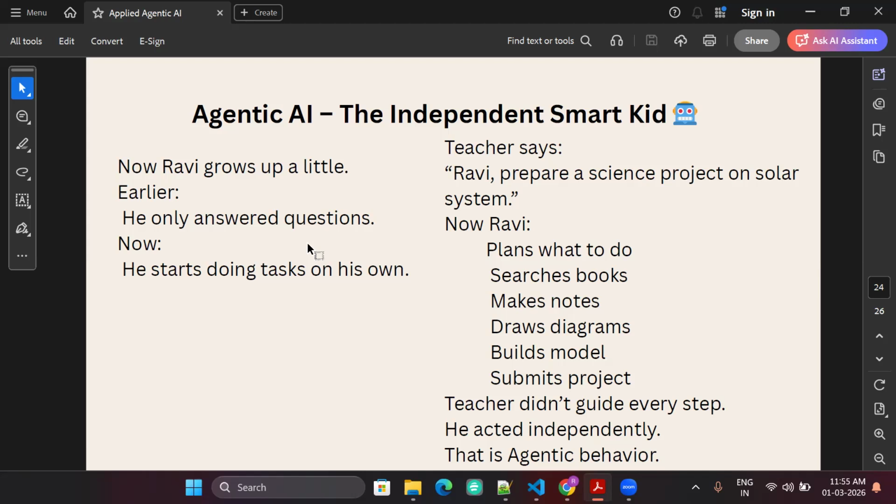Because let's say the agent or the LLM model wants to do something on its own, it is seeing that in front of it there is a room, there's an air conditioning running, and no one is in the room. The model is seeing that no one is in the room, but still the AC is turned on.